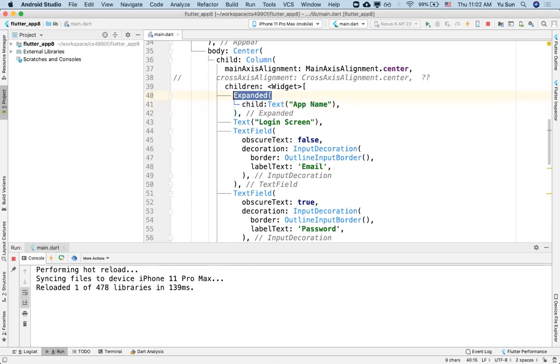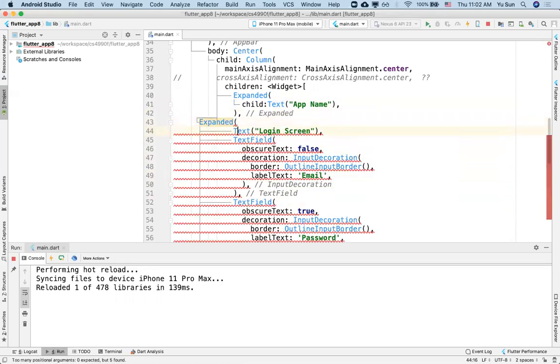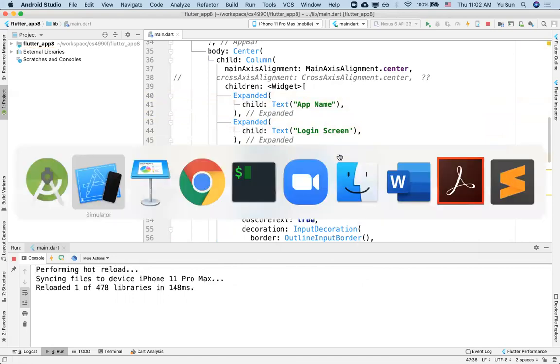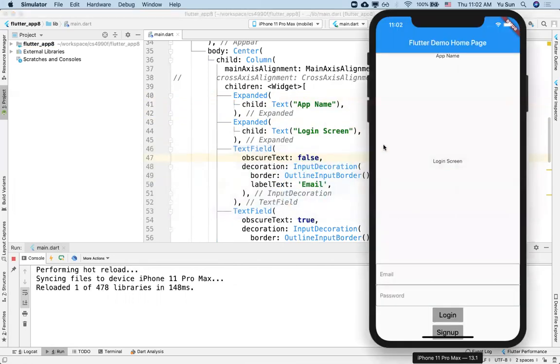And I can do this one for all the others. I can do another one, for example, the next text. All right, also expand it. And child. And you can use the tool to reformat. All right, 2 Expanded. Let's see what happened when I refresh, go back. All right, so these 2 texts share the same space because they're both expanded. There's no priority, so they just equally share the space, where the rest just get whatever they need to display